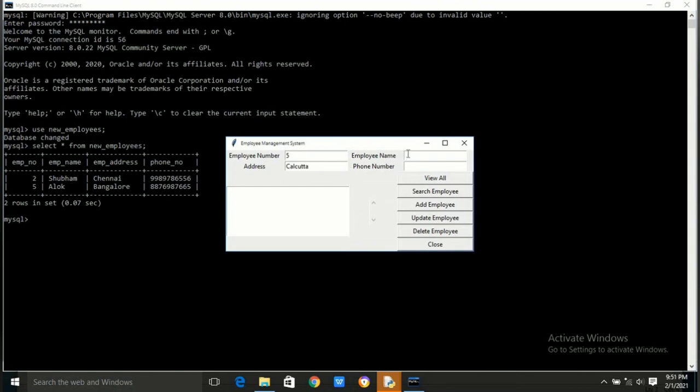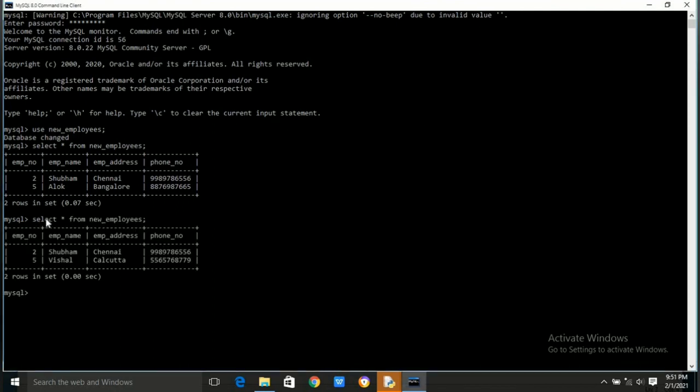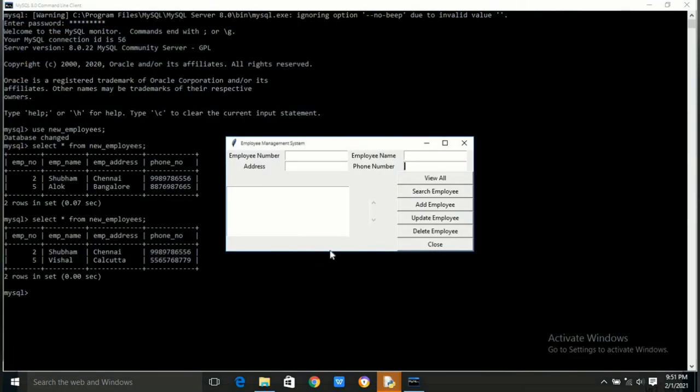If you try to insert blank records without any data, then it will give you the message fill all the fields. Now we will check in the database whether the data is updated or not. For that we have to run the query select star from new employees and you can see the data has been changed.